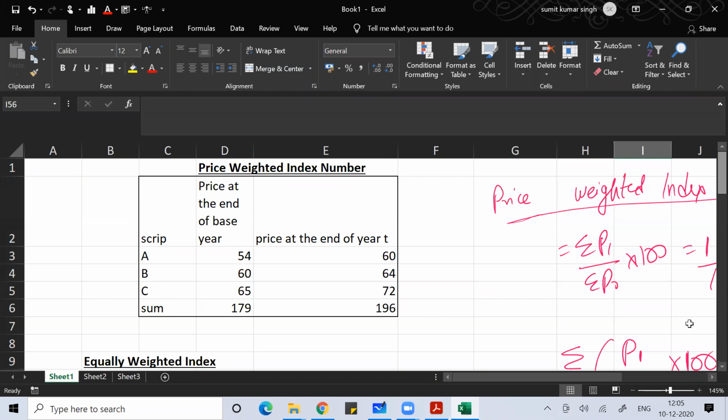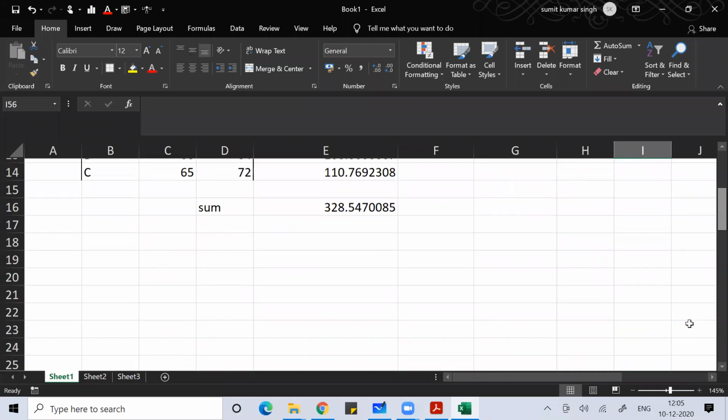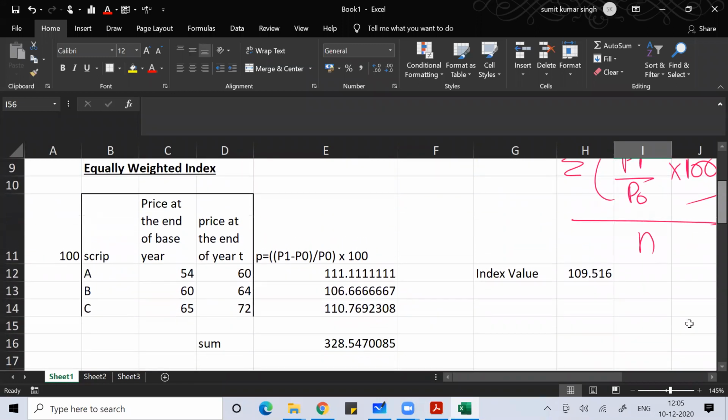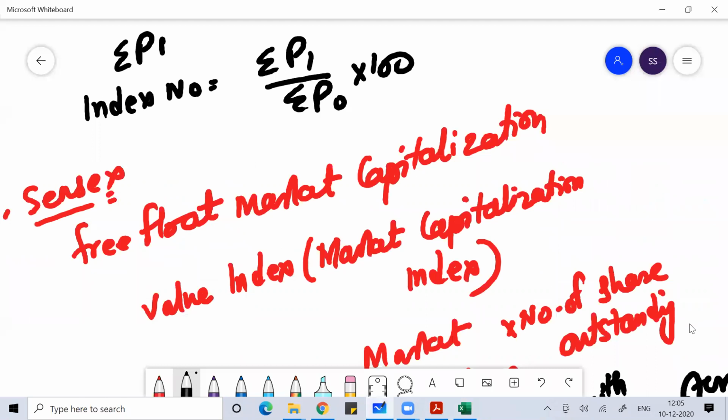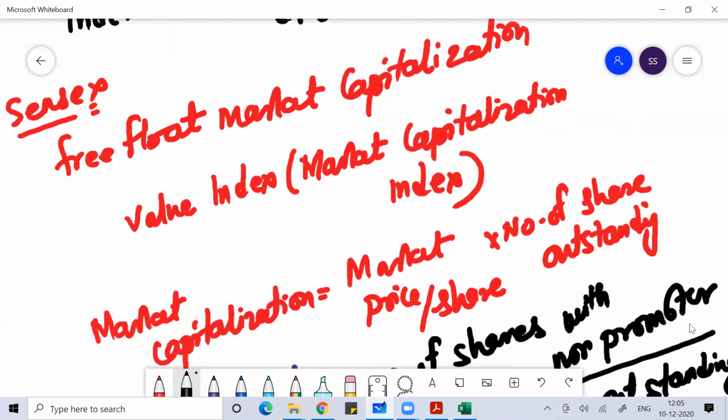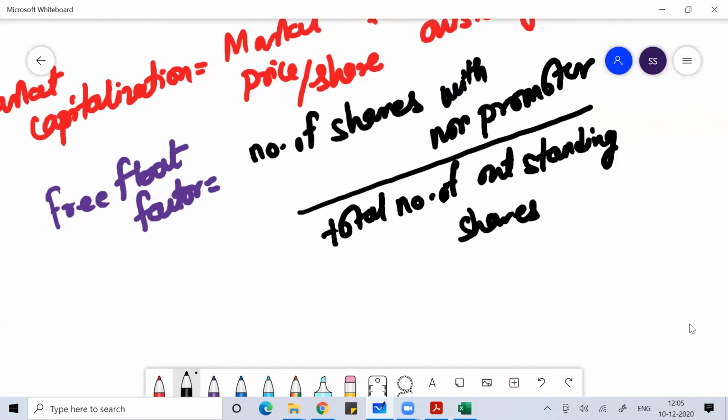Then either a buyer or a seller, because of the inappropriate liquidity of the stock, ends up paying more money, which shows that the impact cost or the bid-ask spread of a particular stock is crossing a certain threshold limit, and then that stock cannot be considered for trading. So to analyze the factor of liquidity, a third parameter is figured out, called the free float factor. The free float factor is a fraction giving a value between 0 and 1, which talks about the liquidity of the stock.